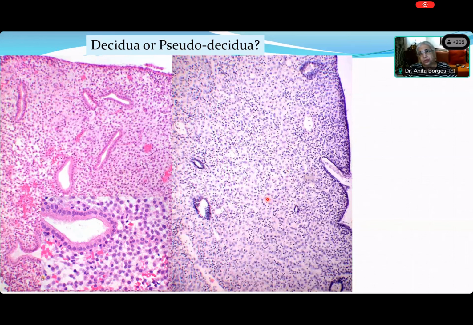Why do you think so? What is the difference? What is decidua, by the way, Rupali? What is decidua? Rupali, have you ever seen decidua in your life? Yes, ma'am. You have seen. So you should know what is decidua, right? Yes, ma'am. Oh, okay. Why do you think I'm going to ask Vandana?